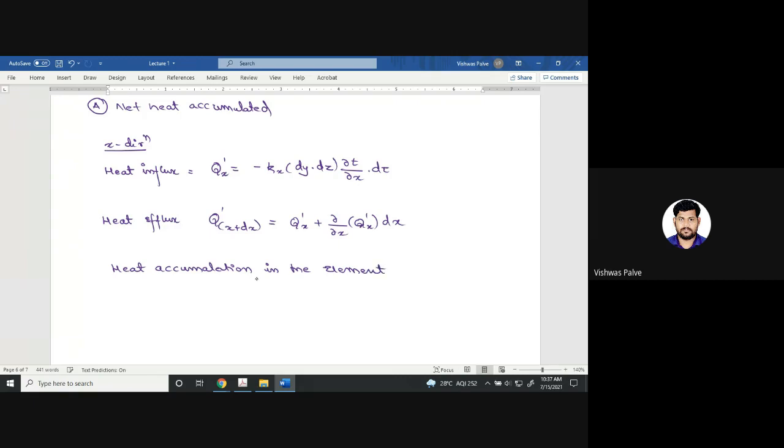Net heat accumulated in the element will be, and this is in x direction, so that we can say dq,